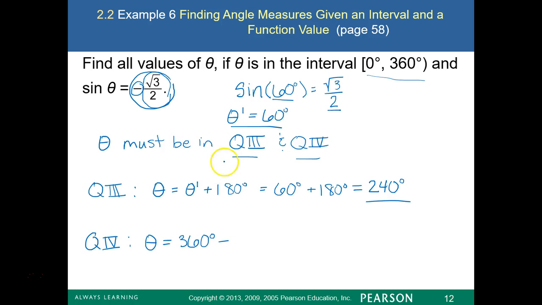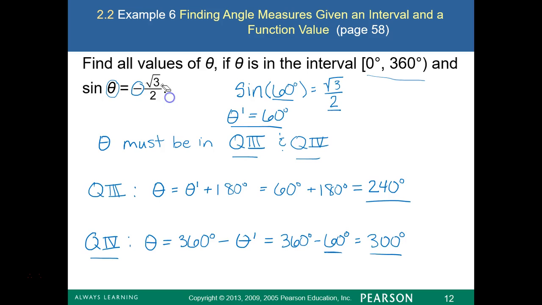I'm going to write that down. Reference angle first. So 360 degrees minus 60 degrees is 300. So our quadrant 4 angle, 300 degrees, which makes sense. 300 degrees lies in quadrant 4 and has a reference angle of 60 degrees. So if we plug in sine of 300 degrees into our theta, we should end up with